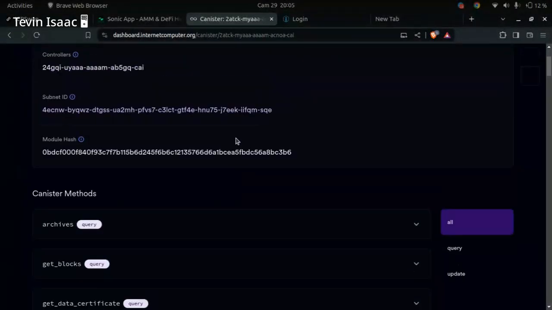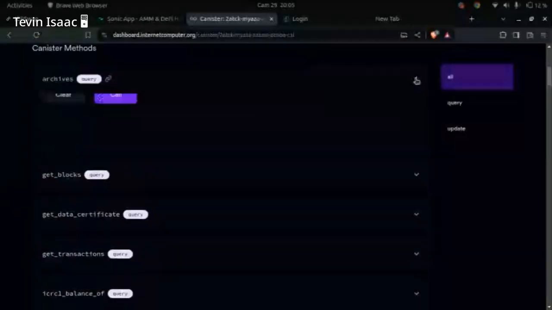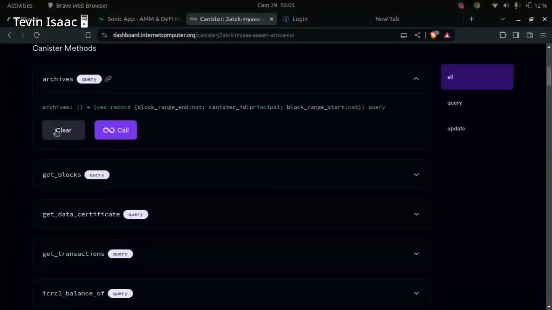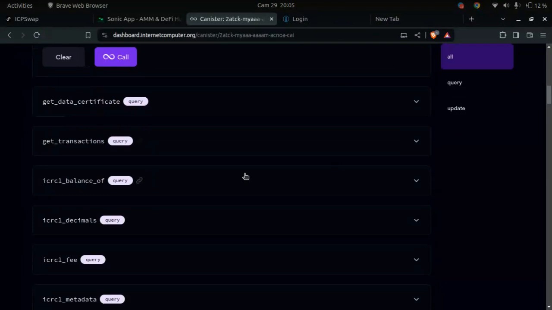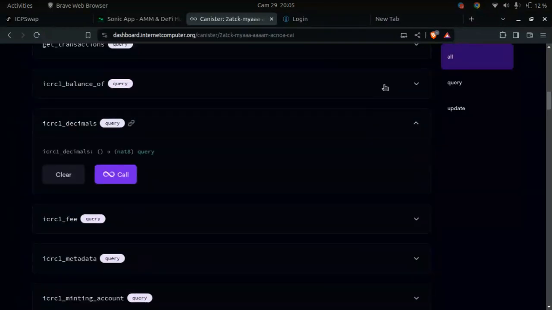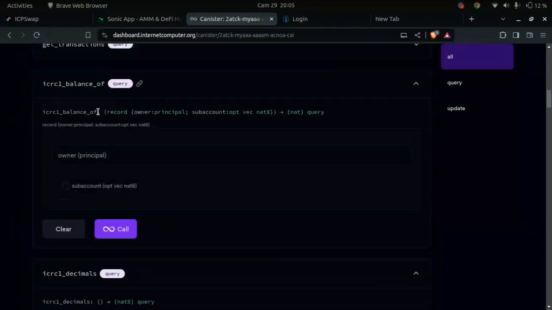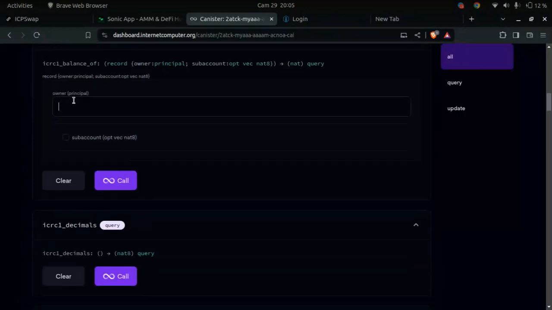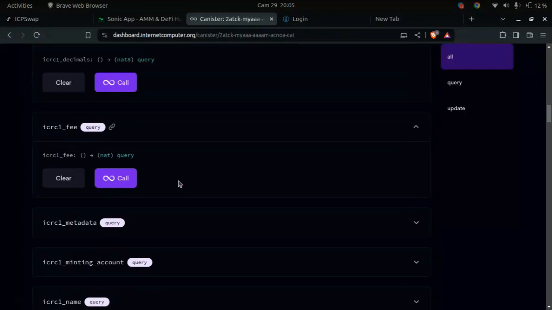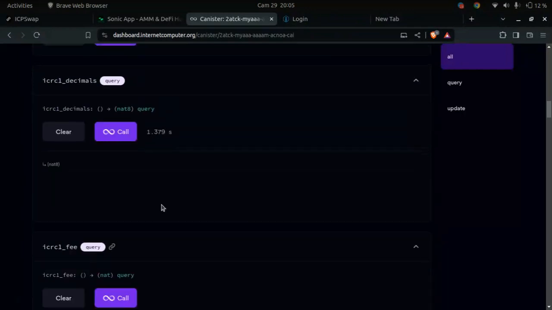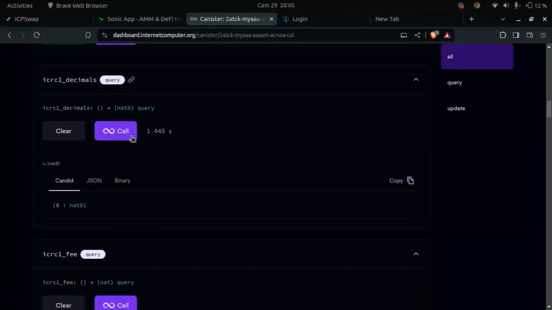When you check out the ICRC2 token standards, as you can see here, it has archives, call, get blocks. There's the ICRC1 decimals. There's the ICRC1 balance of, where the owner is the principal. There's the ICRC1 fee. It's basically the same. I just wanted it to give me an interface like this so that when I'm calling, it gives me that